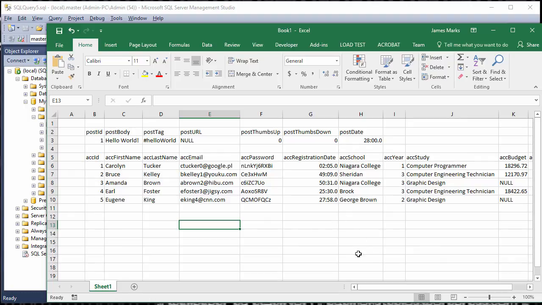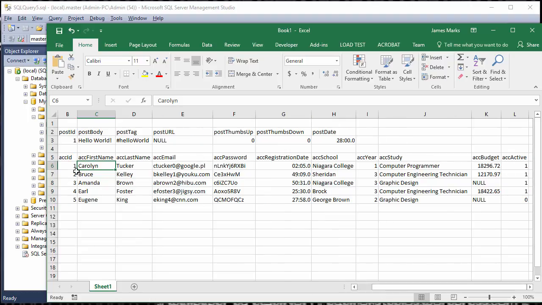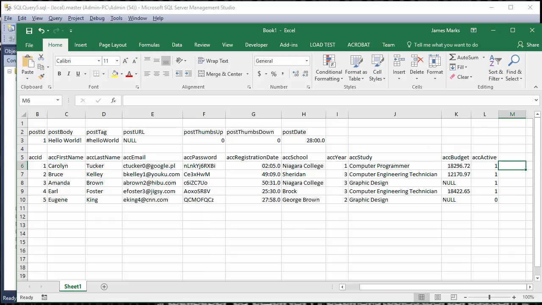So how do we say that a certain post is written by a certain somebody? All right, let's take this first person here. Let's say Carolyn is the one who wrote this post. All right, so because we think of things in terms of ownership, beginners with databases, beginners with SQL in general, will often try to put the post ID inside of our account table, and they'll go, okay,